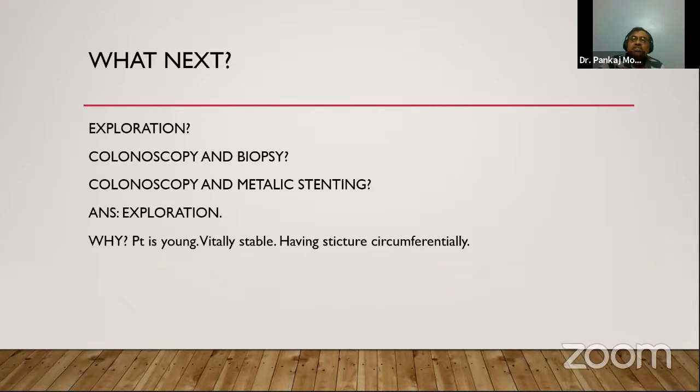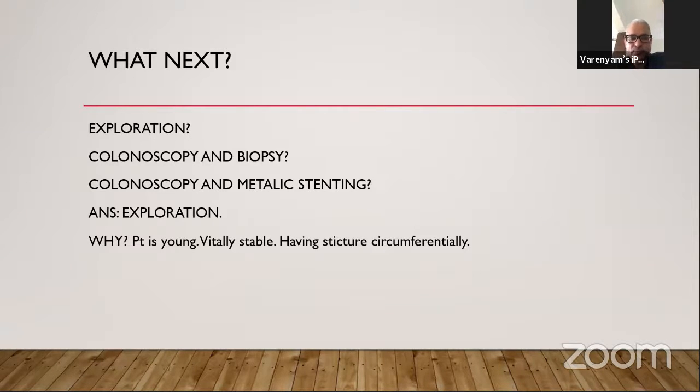So what is the risk in closed loop obstruction? Why is it so important? Sir, in case of the closed loop obstruction, the bowel becomes dilated, grossly dilated. So firstly the venous supply would be impaired, and after that the arterial supply will be impaired. So the chances of perforation will be there. Okay, so here it is not closed loop obstruction, so perforation is less likely, right?